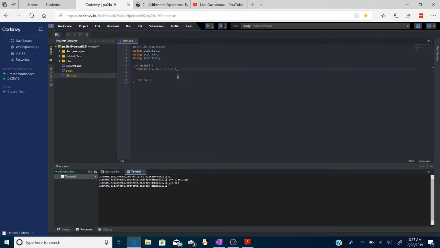All right, so let's talk about some stuff. If I have x, which is 6, and I have y, which is 9, and I want the double answer to be something, I'm expecting a floating point value. But if I divide these two things, what kind of division do I get? Integer, right? So if I say x divided by y, and then I cout my answer,